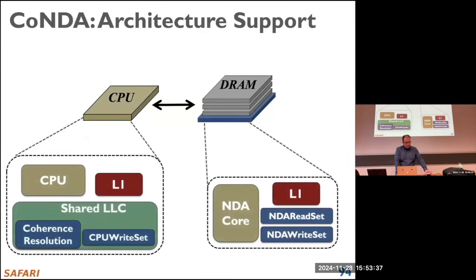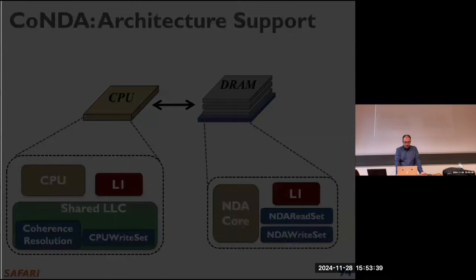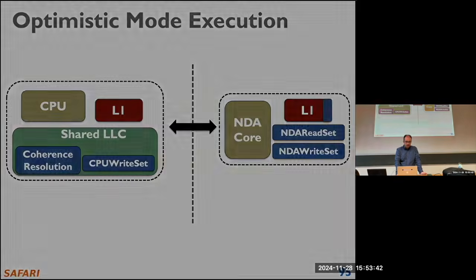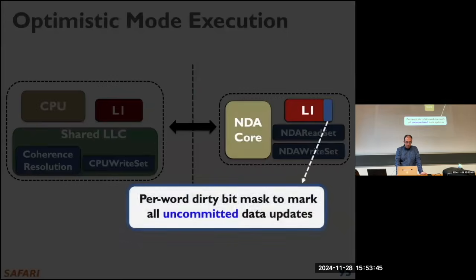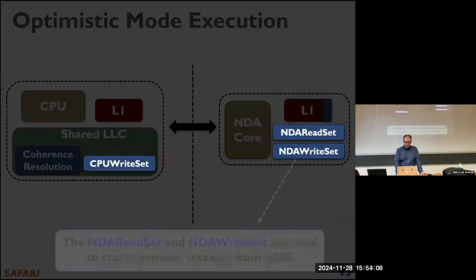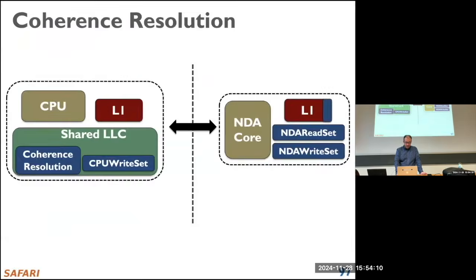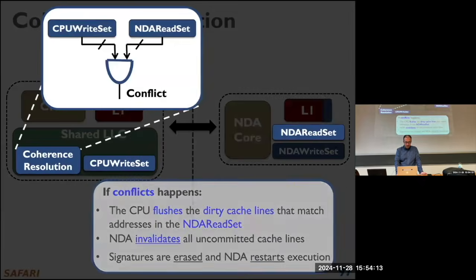Okay, so now we have a bunch of slides about architectural support that I'm just going to skip. You can check the details of the mechanism. But the important thing here is that for the L1 cache that you consider for your NDA core, you cache things, but you don't commit things. You commit them to the main memory once you make sure that what you have executed is correct. So after checking the signature, if things are okay, you just commit things. A lot of slides, you can see.